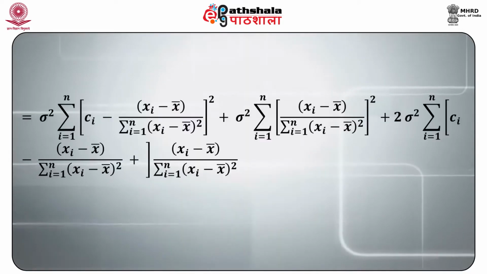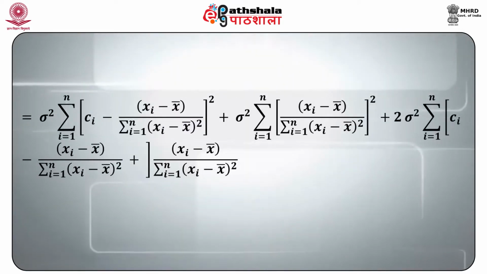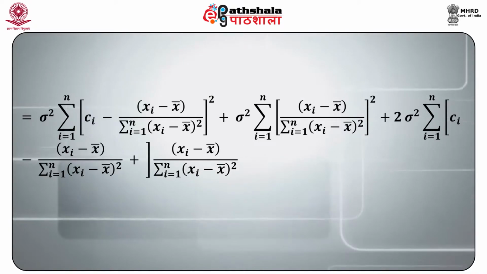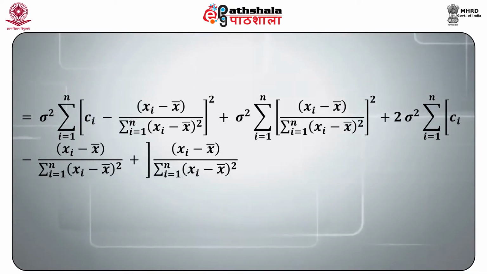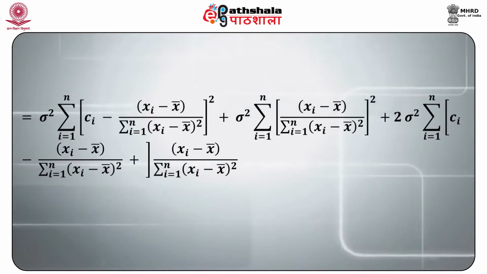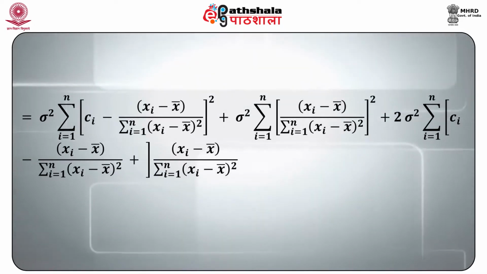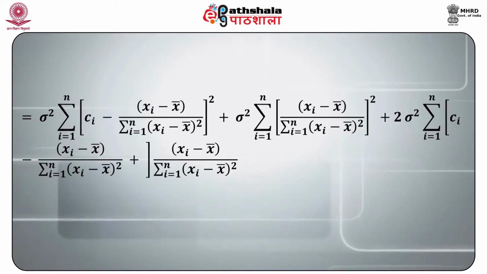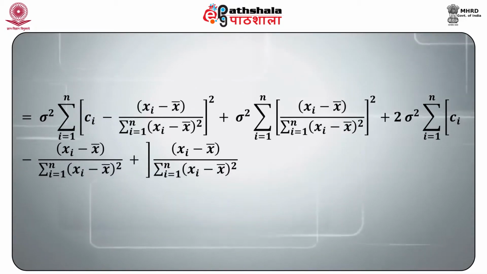So what we have done is we have subtracted a term and we have added that term. Now this is equal to sigma square into sigma of Ci minus xi minus x bar upon sigma xi minus x bar square, whole square, plus sigma square into sigma of xi minus x bar upon sigma xi minus x bar square, whole square,